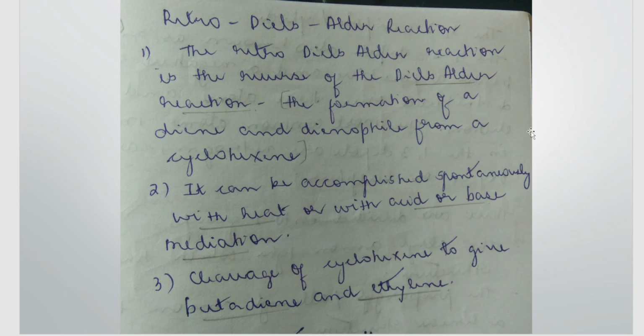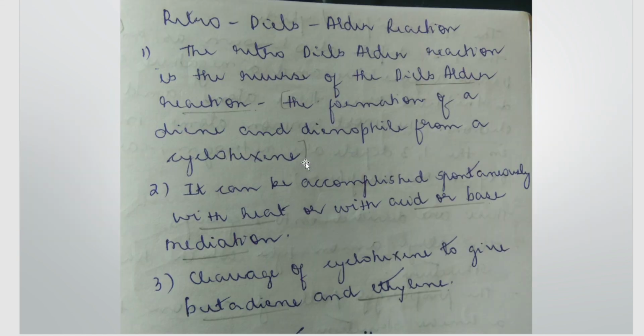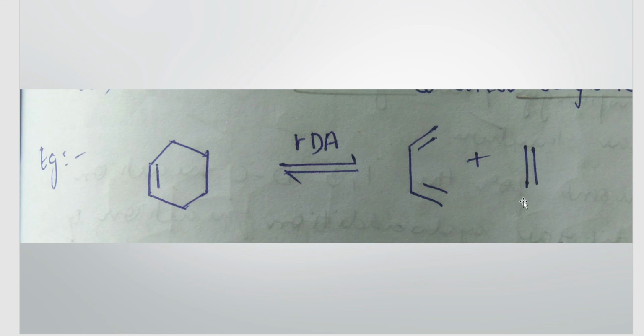And the cleavage, what is the product of Diels-Alder reaction, students? You get a cyclohexene, correct? Since this is a reverse, here we are taking a cyclohexene and it will give you butadiene and ethylene. So how is the reaction represented? If you go this way, you will get a Diels-Alder reaction. If you come in the reverse order, you will get retro-Diels-Alder reaction. So you're taking a cyclohexene and you're getting a butadiene and ethylene. Correct. So this is nothing but your retro-Diels-Alder reaction, which is the reverse of the Diels-Alder reaction.